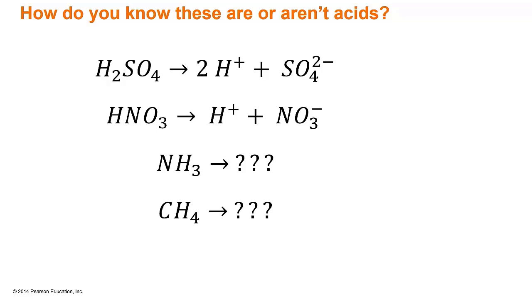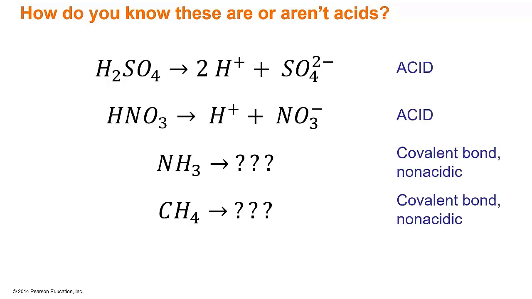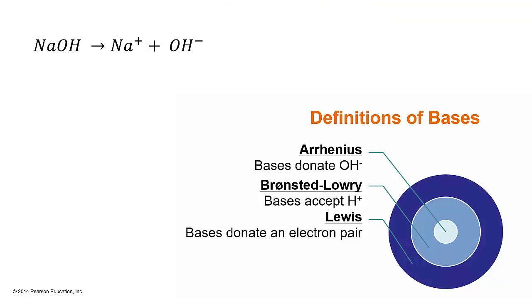Same thing here, carbon, nonmetal, hydrogen, nonmetal. Therefore, covalent bond, not acidic. And so that's what you're looking for. Proton at the front, proton at the end if it's a carboxylic acid. If it's in a covalent bond, it is not an acidic proton. It cannot pop off. So when we're looking at something such as sodium hydroxide, you have sodium bound to a